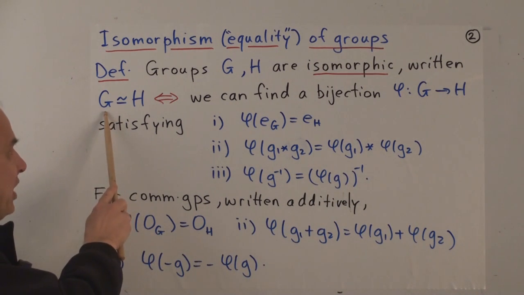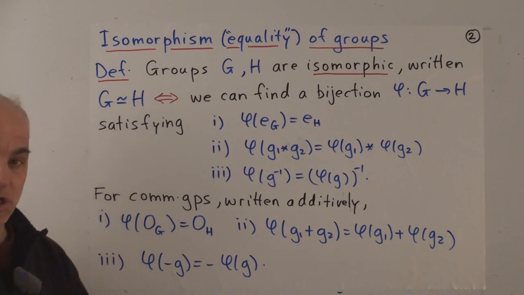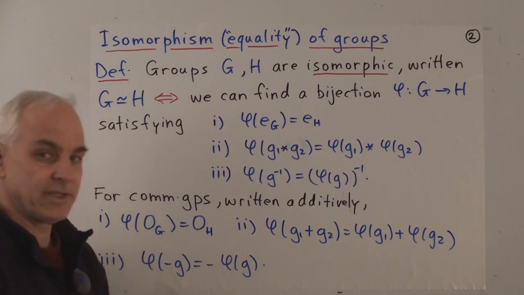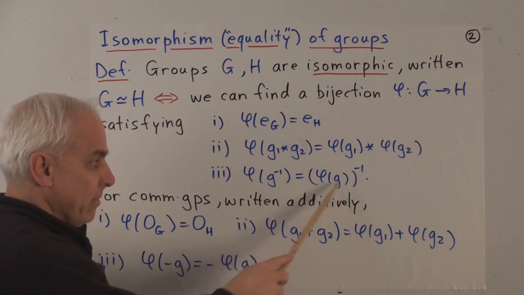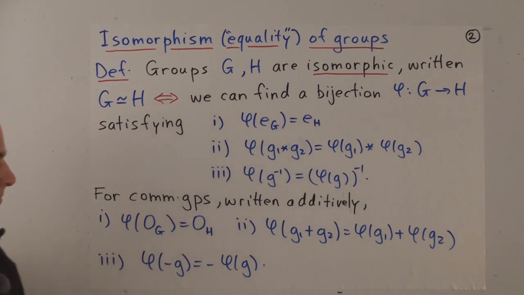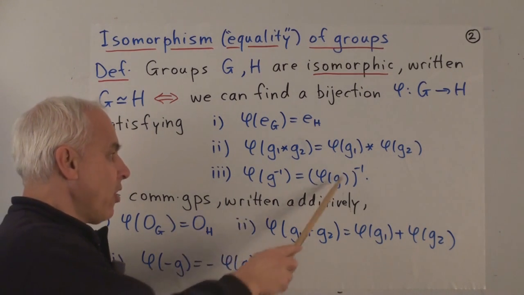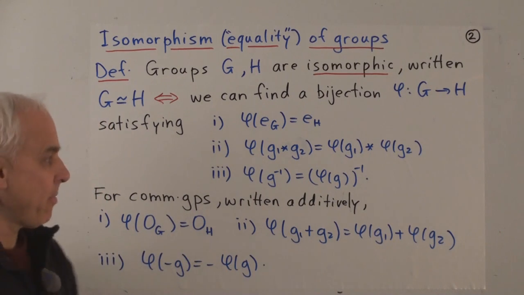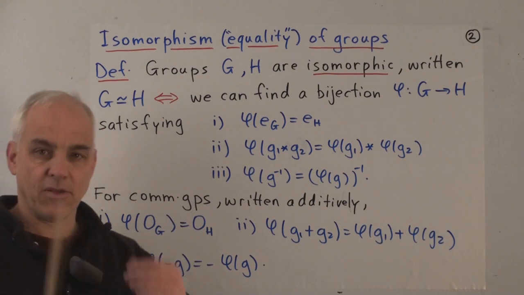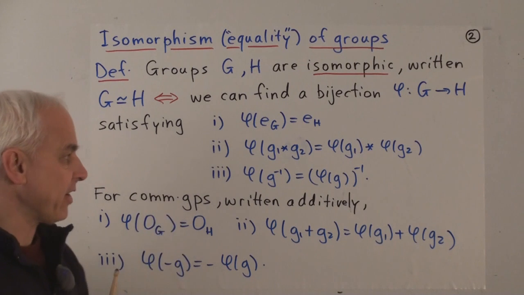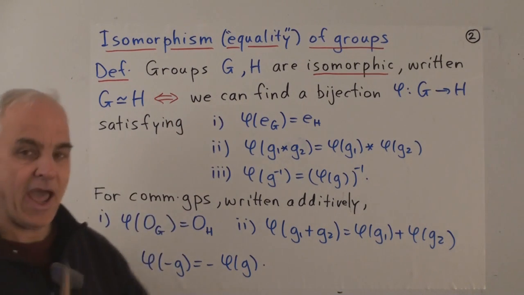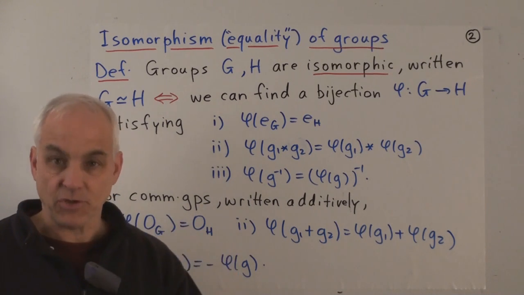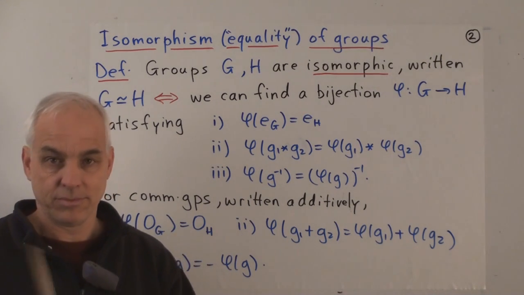So if we have an element g in the group and we have its inverse in G, then those two elements end up being inverse elements in H. Now often all of these things are not written down, but I think it's reasonable to write all of them down, even though they may not be necessary, because this makes it clear that this bijection has to respect all of the structure that we've built into the group.